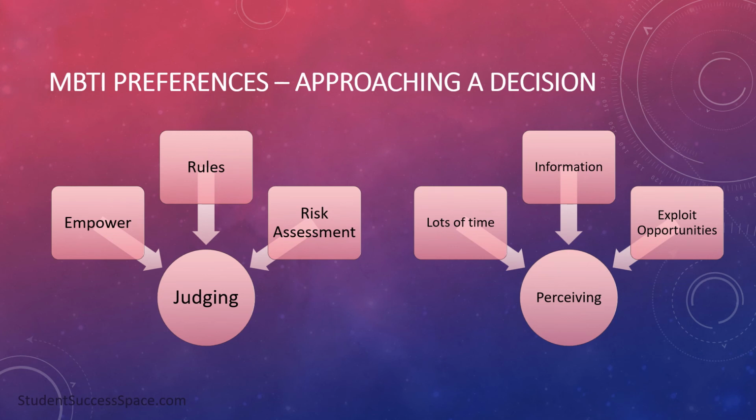In contrast, our perceiving person absolutely does not mind surprises at all. In fact, they really want to exploit opportunities and find as many things as they can in order to make a very effective decision. They want to make sure that nobody is rushed. They want lots of time to ponder, to explore, to gather information. They do not want anyone to push any kind of routine on them. They don't want to schedule, they don't want to plan, and they certainly don't want anyone to narrow their options because there is some kind of procedure for the decision in place.